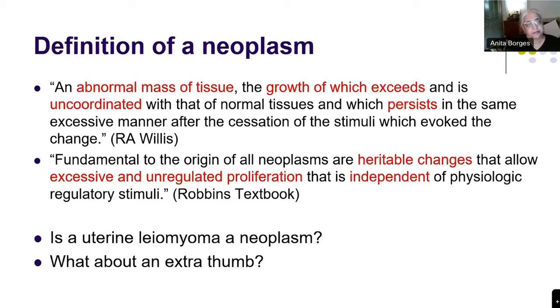Anvesha, why is an extra thumb not a neoplasm? I think we have to understand this, then all these hallmarks and this and that. Come on, why is an extra thumb not a neoplasm? The clonality, maybe. So it's not clonal. Good. Are you clonal? Of course you are. Every single cell in your body has the same genome as every other cell. And you're telling me that every cell in that extra thumb does not have the same genome? It has, ma'am.